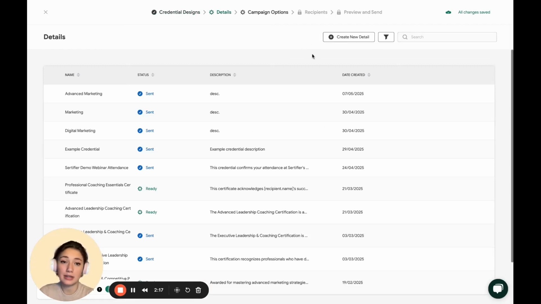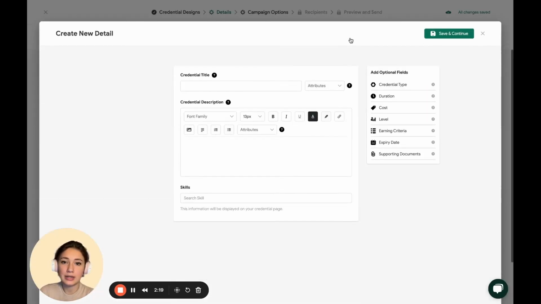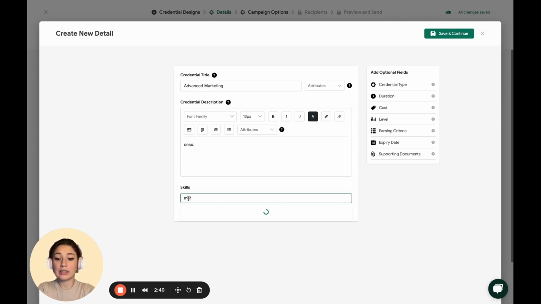step will be creating the credential details. The credential details are information that will be visible to your recipients and anyone visiting the credential pages once you issue the credentials. There are three mandatory fields that you will be filling out. The first one is the credential title. The second one is providing a description for the credential that you are creating. And the third one is adding any related skills that your recipients have earned